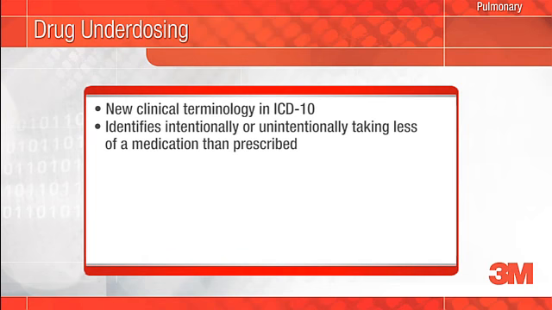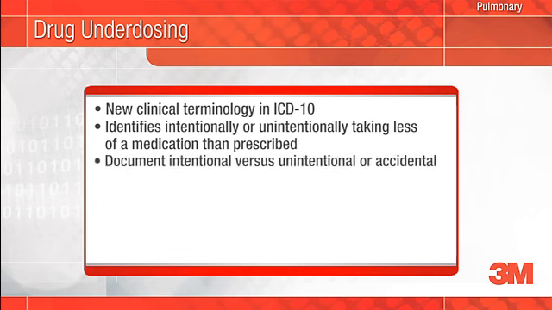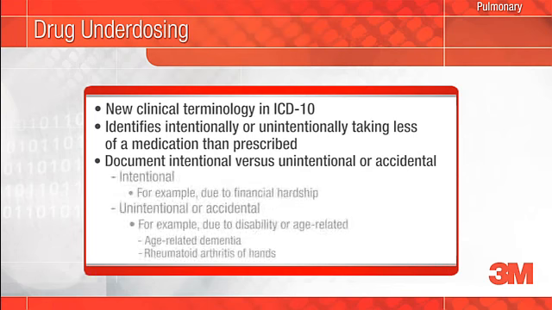Underdosing identifies a situation in which your patient has taken less of a medication than prescribed by you, either unintentionally or intentionally. Document in your notes why the patient isn't taking the correct amount of their medication and the associated condition. For example, patient undergoing outpatient treatment for bronchitis is admitted with pneumonia. After investigation, it was found that the patient did not take the antibiotic prescribed for bronchitis because antibiotics upset her stomach. Patient has age-related dementia and forgot to take her Cipro as prescribed, or